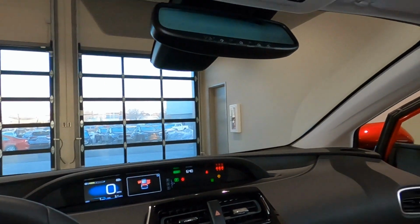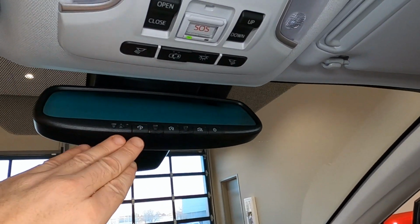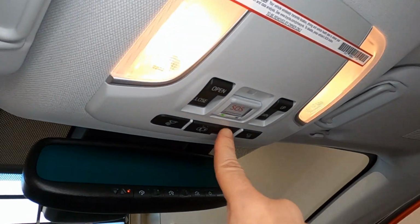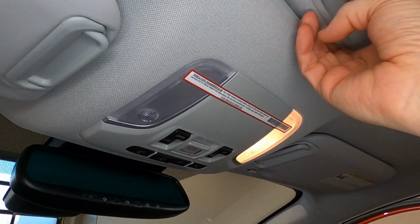Moving up to your headliner, beginning with your mirror, we do have an automatic dimming mirror, and it does have HomeLink, so you can program your garage door openers right there. These are your overhead light switches. Power moonroof controls. So this one has the premium package, which includes the power moonroof and the 15-inch alloy wheels